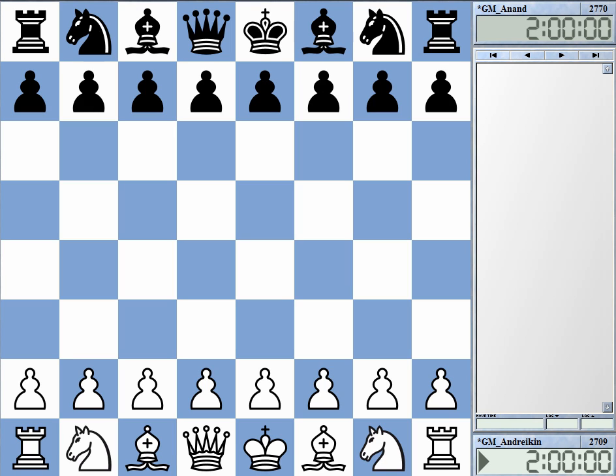Welcome to this video for round 5 coverage of the candidates tournament, and this is a game between Dimitri Andreikin and Vishy Anand playing black. Yeah, and it's of course a matchup of two players with very different tournaments,